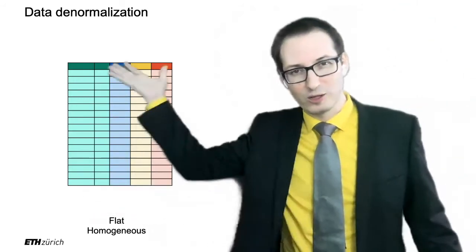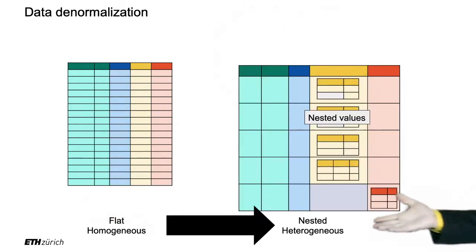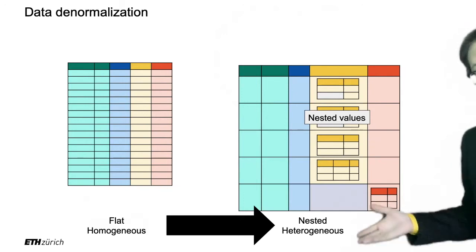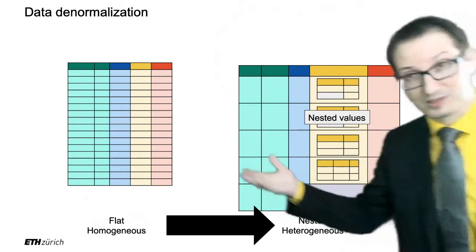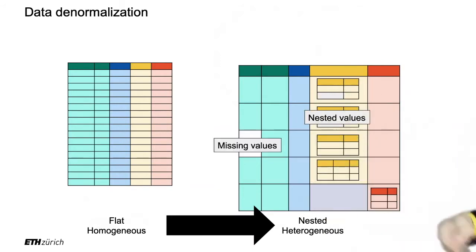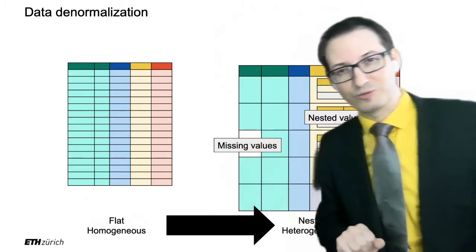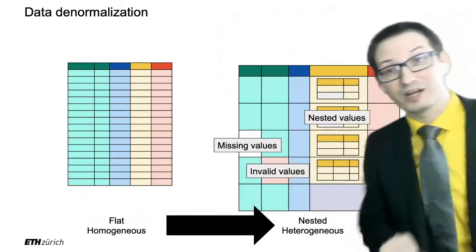All right, so what happens? Data used to be flat and homogeneous in relational tables. And now we are looking at nested and heterogeneous data sets. And typically, JSON, XML, and so on are exactly that. So we have nested values, we have tables in tables in tables, just like the Inception movie. We have missing values. Not all records might have a value for all attributes, and we can have invalid values,